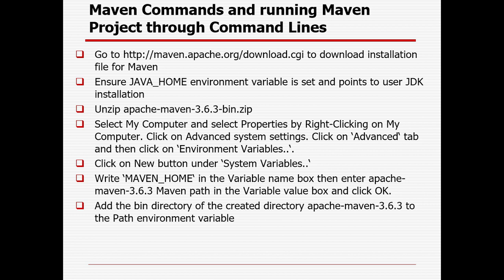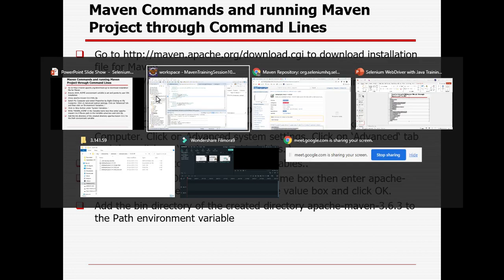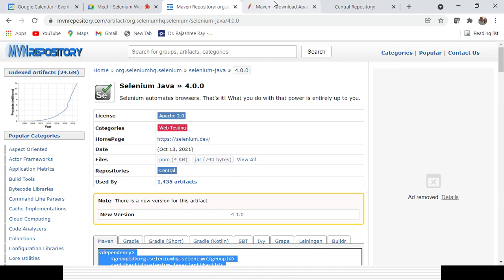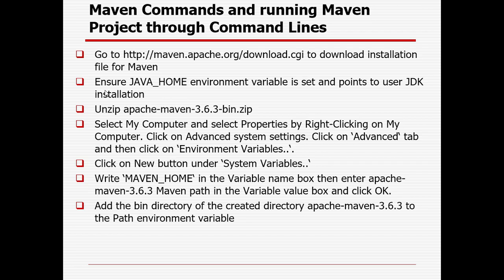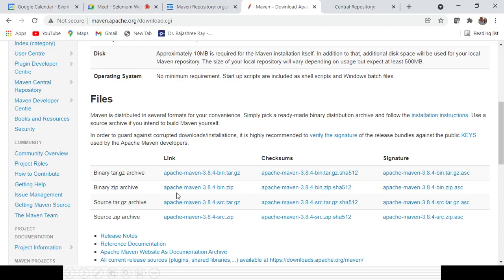Next is what Maven commands are available and how you can run those Maven commands. For that, you need to go to one more site, whose name I have already given in my PPT. You need to go to that site to download Maven, where a few files are available. Click on the Maven file, extract the folder, and save it on your desktop.